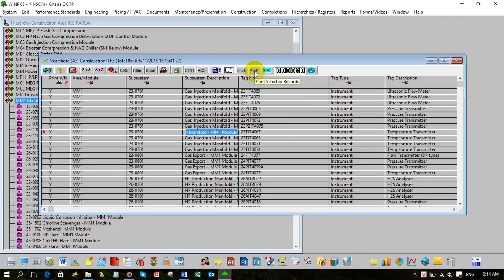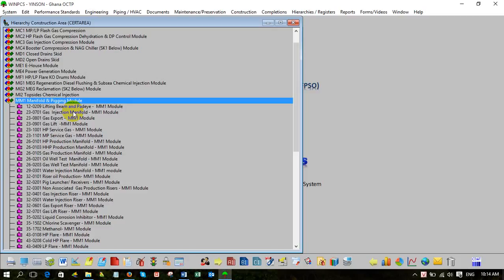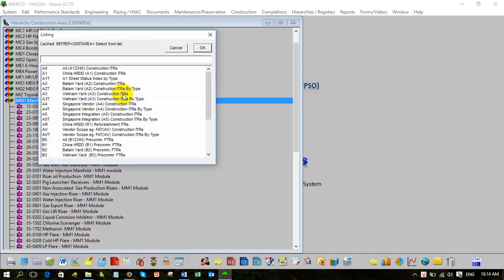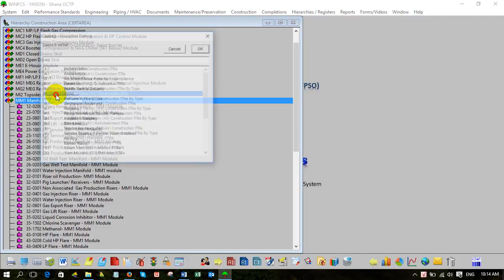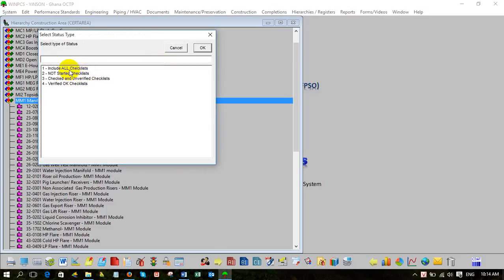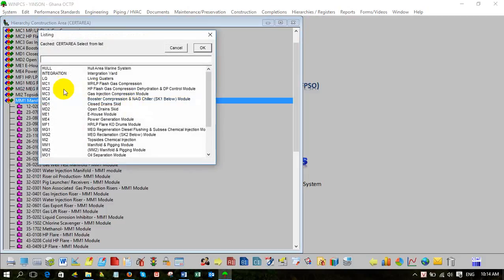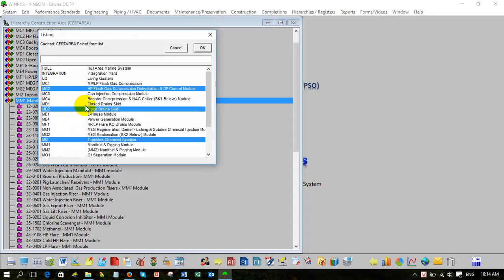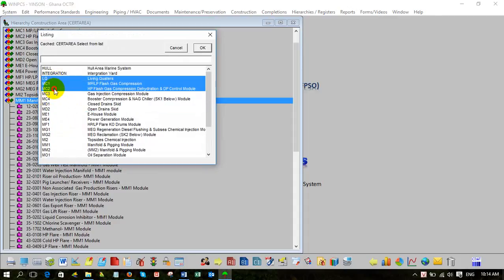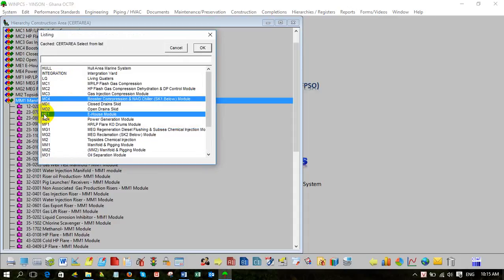If multiple, actually, with the Control key I can choose this one, this one, this one, this one. Or you can drag, left button click and drag, same as Windows. Or you can choose one also from there. Okay, I want MM1, MM2. Control key, then I click OK. Report will run.